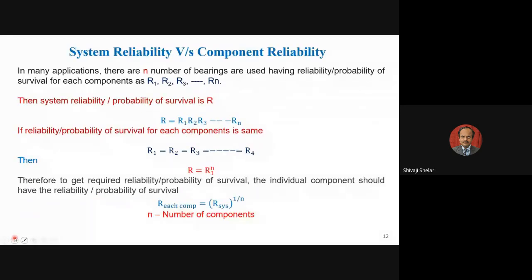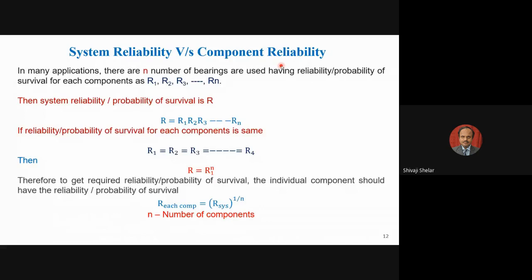So then your question, sir, there may be chances we may not use a single bearing in the application. So we may use multiple bearings in the application. So there will be multiple components. Each component will have different reliability and different probability of survival. Then how to calculate the system reliability or component reliability of a particular component to attain the minimum required system reliability. So I'm just exercising this reliability engineering concept here. Sometimes you will have problems based on this also.